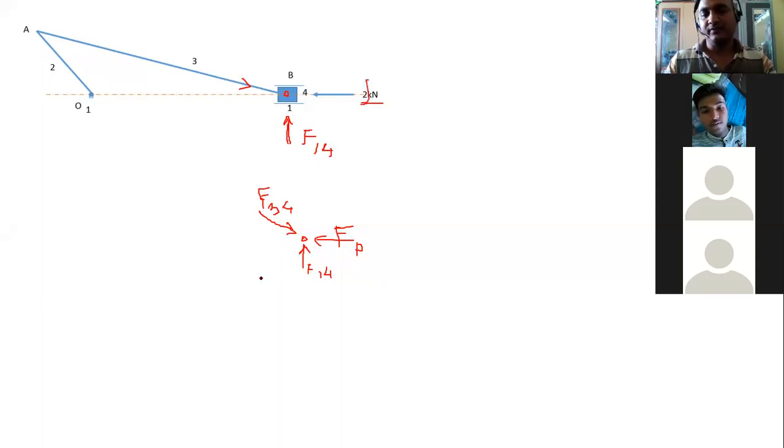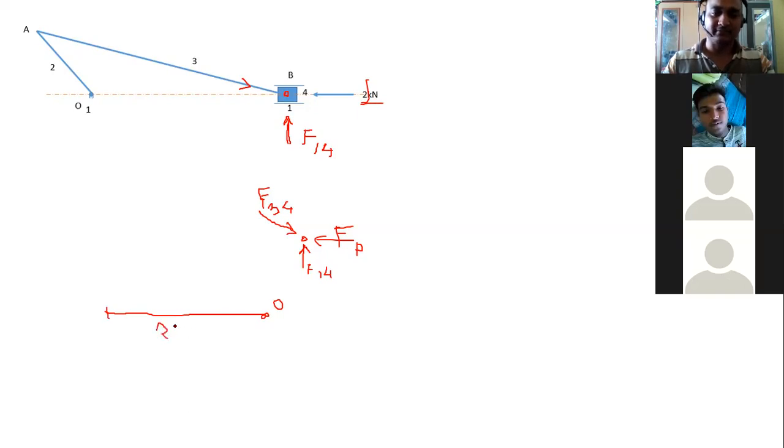Okay, so therefore when you draw the vector polygon, take a proper scale and draw these forces. First of all we'll take this FP. The magnitude of FP is 2 kilonewton and the direction is horizontal. So we'll start from a point, let us say this point is O. Start from any point O and draw a line parallel to this force FP, and then give it a magnitude equal to the magnitude of the force. So this is your 2 kilonewton or 2000 newton.